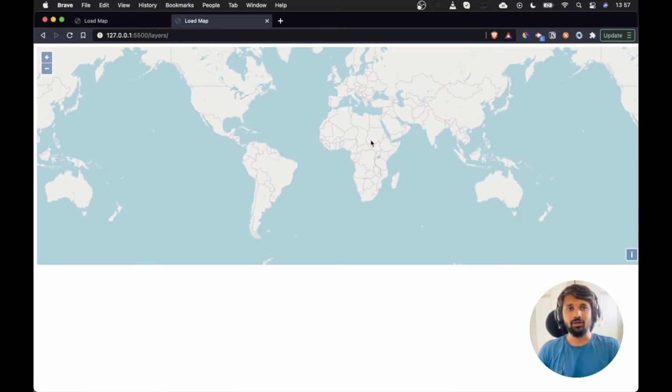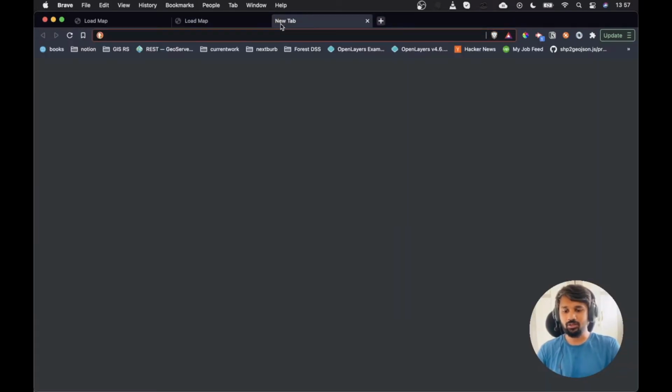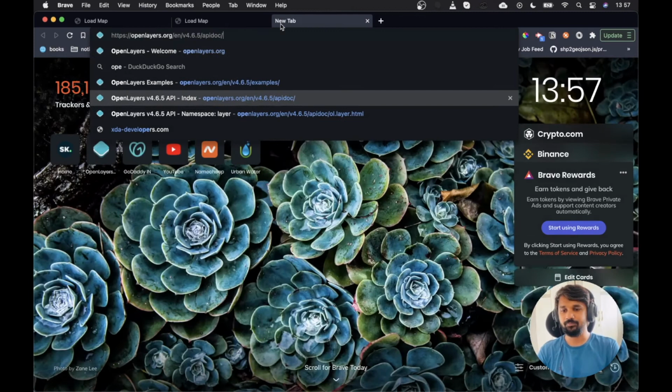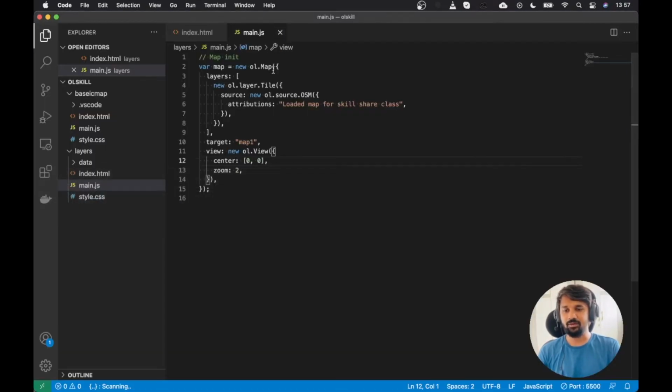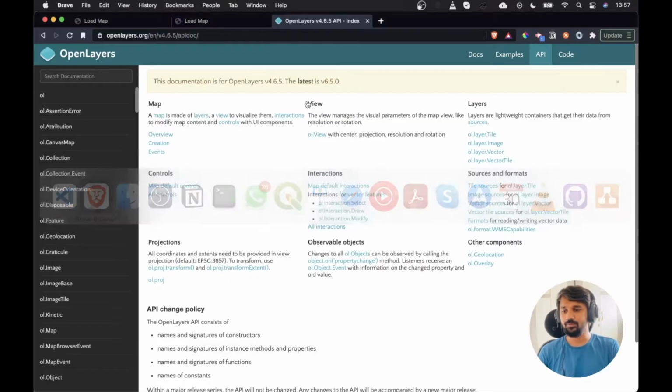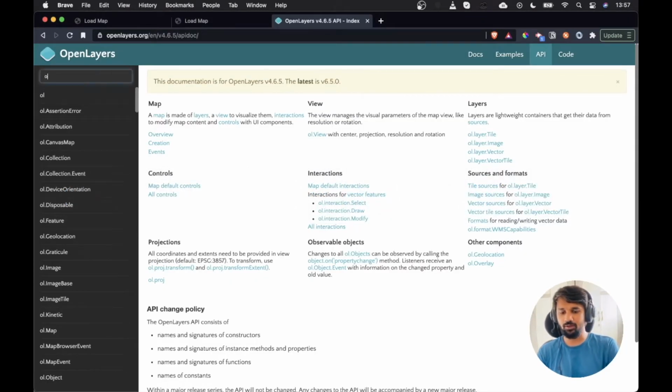Okay. Now, let's just head over to the documentation one more time. And now we will see what are different sources available. Because if you have a look at the code, ol.source.OSM is basically a source of the map. So if any other base map source is available, we can replace this with that and then we will have the base map. If I head over to the API doc and if I search for ol.source,